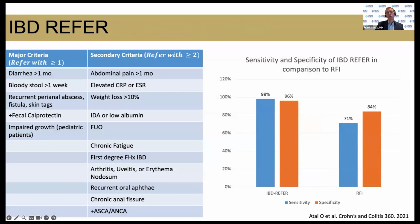IBD Refer took the work of the RFI and took it another level here. They took the criteria, and instead of just having a blanket list with scores, they tried to simplify it a little bit, divided the criteria, their own criteria, which are modestly tweaked, into a major bucket where you only needed 1, and a minor bucket or secondary bucket where you needed 2, and added in biochemical markers and laboratory parameters like fecal calprotectin, ASCA, ANCA, which is not part of my routine practice, or elevated systemic inflammatory markers like CRP